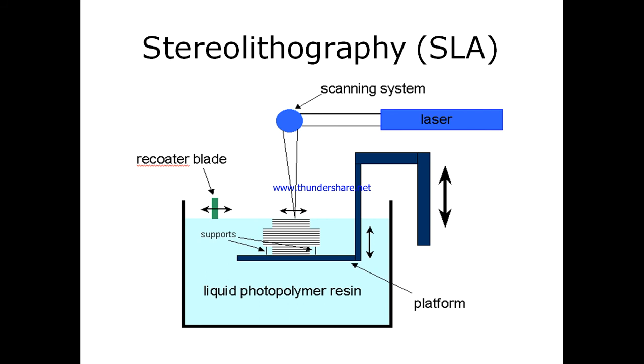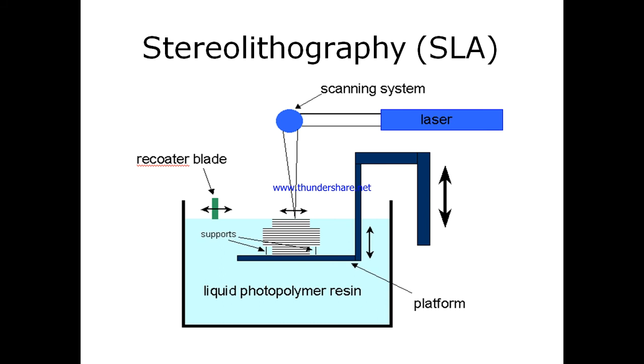More recently, pump-driven recoating systems have been utilized. The object is often given a final cure by bathing it in intense light in a box resembling an oven, what we call a post-curing apparatus. Some resins and types of stereolithography equipment don't require these operations. However, after final cure, supports are cut off the object and surfaces are sanded or otherwise finished.